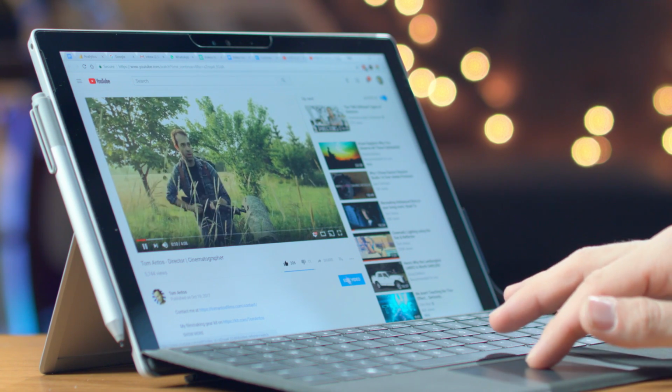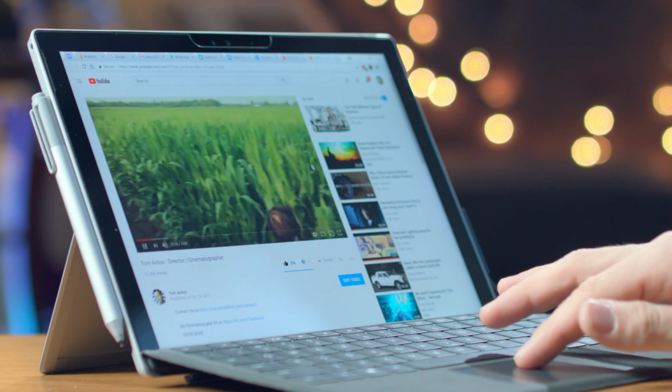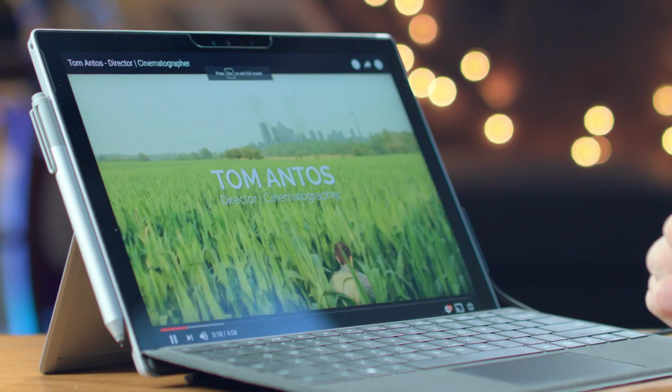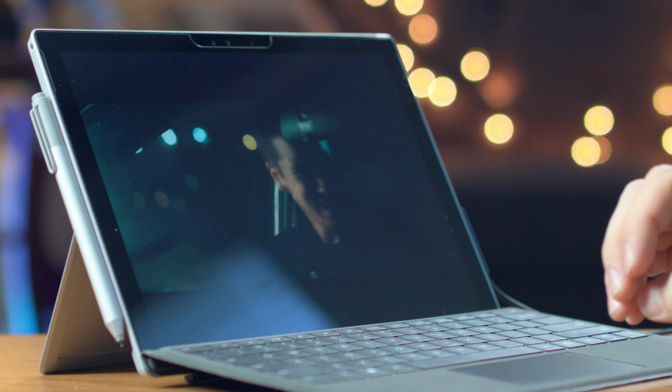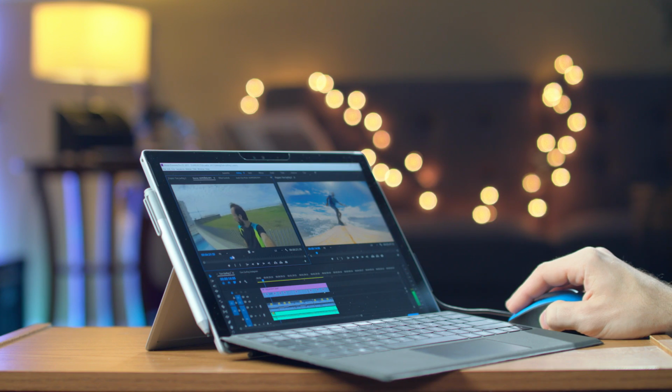The version that I bought is around $1,300. It's the 256GB hard drive version, 8GB of RAM with Intel Core i7 processor. But for the exact model of this and all the other things I'm going to mention, just check the description of this video. My Surface Pro is not the top of the line version, but it's still able to edit 4K video. Of course, I don't have the full resolution on, but at a quarter setting, it still plays smoothly,